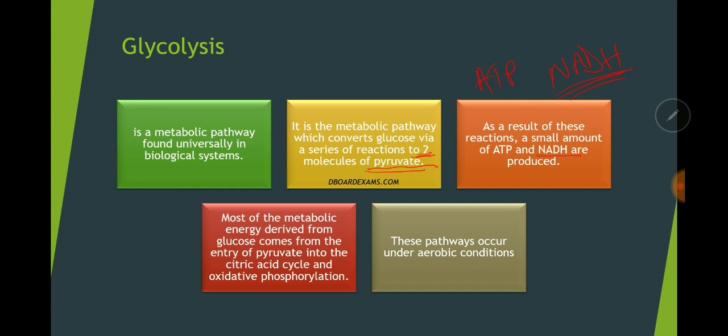All right. Most of the metabolic energy derived from glucose comes from the entry of pyruvate into the citric acid cycle. So you know that glycolysis only produces a net of two ATPs, okay? But once